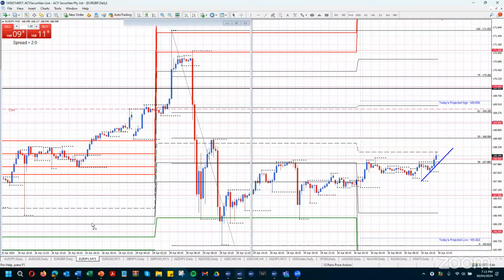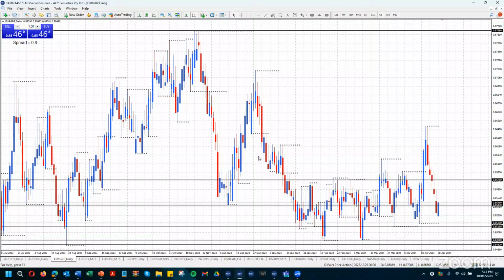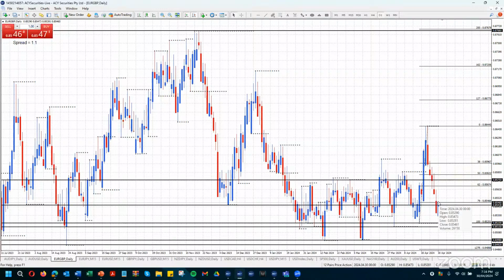All right, euro pound, very range bound. It's back down to an area of support here. It is just getting back to, oh, it's at the 79% level. So are we coming back this way? We had a leg up, pull back, we're moving back up. All right. Over the next day,